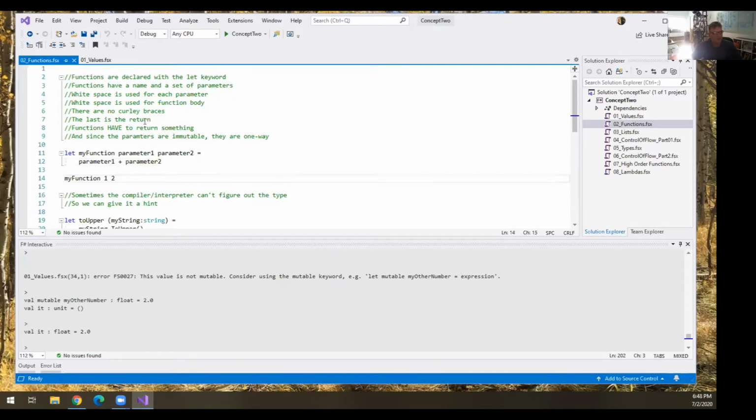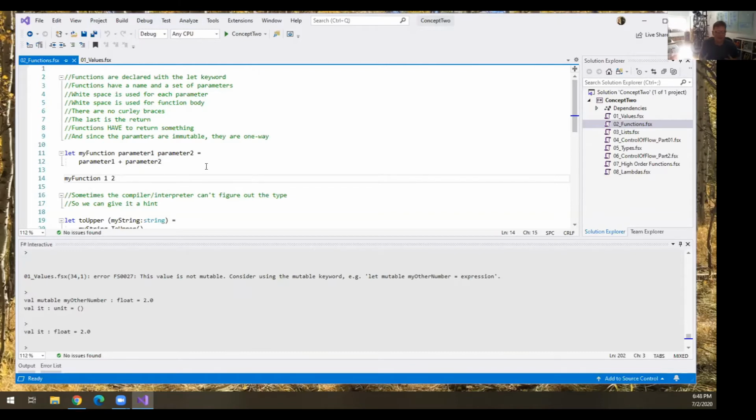So I'm going to take my cursor and hover over my function to let IntelliSense do its magic. Notice that parameter 1 is an integer, parameter 2 is an integer, and the return value is an integer. The compiler figured all that out by inferring everything. When it first encounters things like this, it assumes it's an integer. I can make this a float. We'll show you that in a second. But I want to point out a couple things.